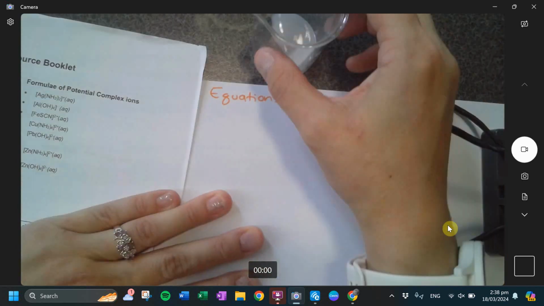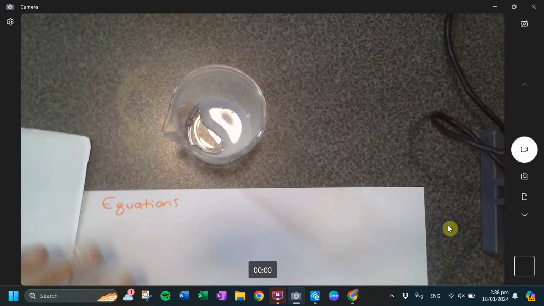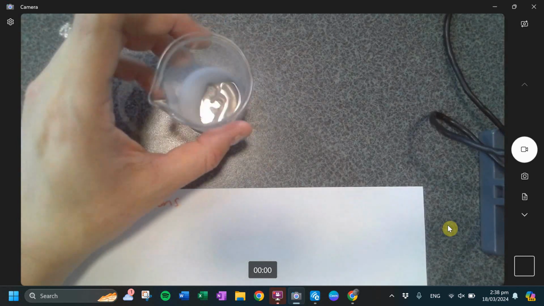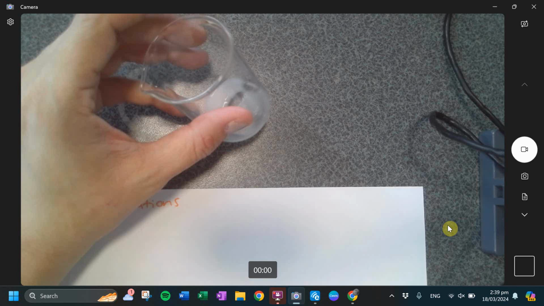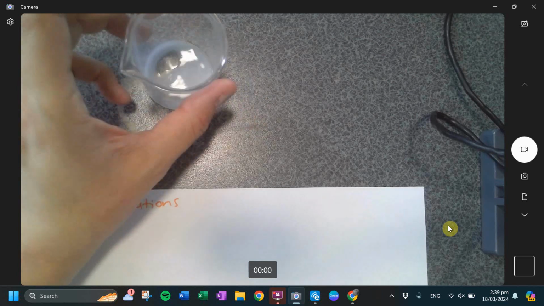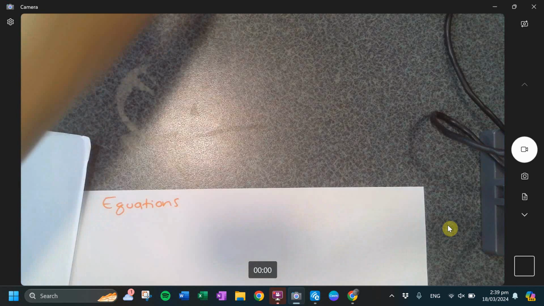And in fact, not on the white paper is useful. You can see it better on the background. So what do we see? White. This is a precipitation reaction, right? Okay. Now,